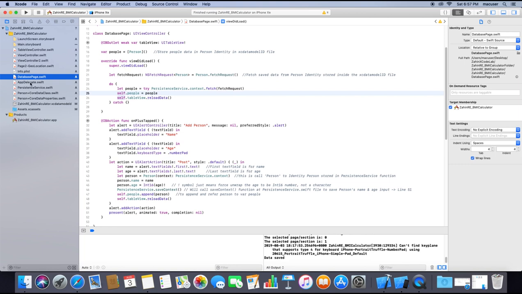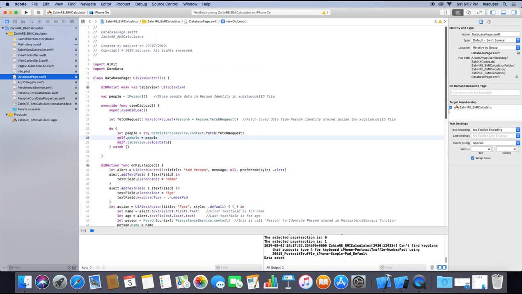Basically, there are six files that we're using to create the database program. The important part you need to explain is that you need to use the Core Data library. You need to import the Core Data library into the Swift file in order for the database application to work. First of all, there's a basic rule to create the database. First, you need to import the Core Data library. Second, you need to store input data into the container, and then save the input data in the table view,